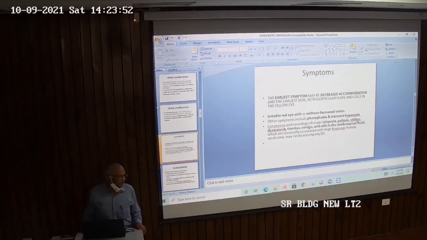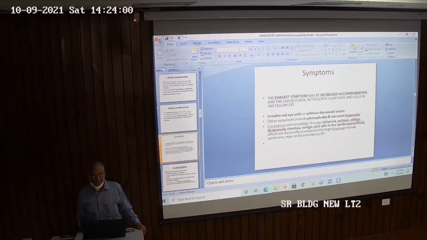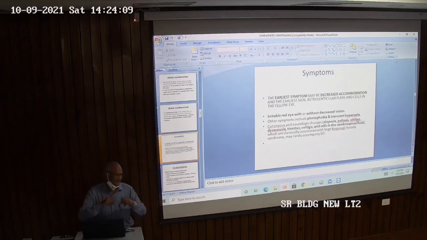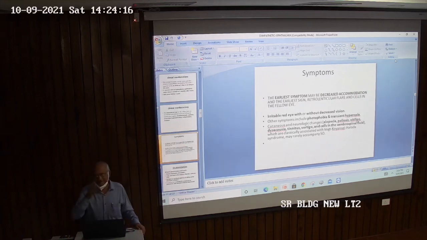What is hyperopia? In the beginning, I said loss of accommodation, or accommodation is decreased. The pupil may be dilated and the ciliary body is paralyzed, so there is no accommodation. That causes cycloplegia. This is the cycloplegia part. It causes hypermetropia. Why? Ciliary spasm causes myopia. That is why there can be blurring of vision or hyperopia, that is hypermetropia.